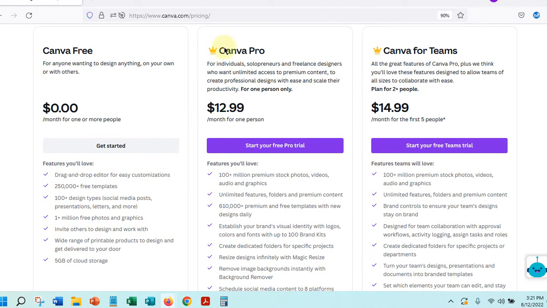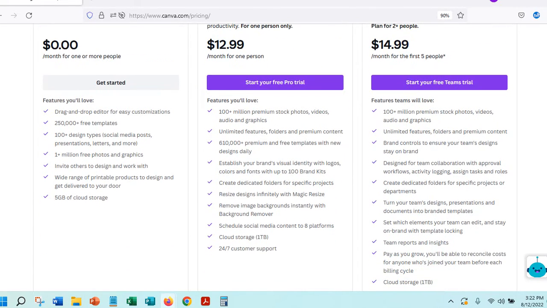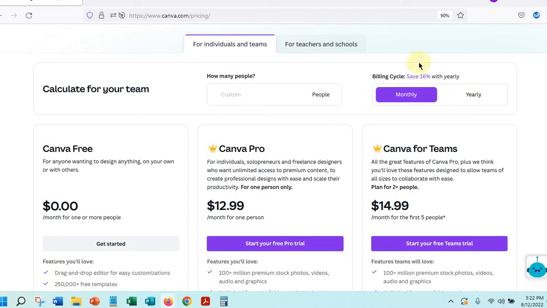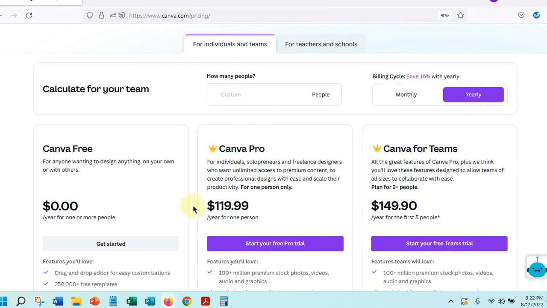Now, Canva Pro is for business owners. It's really geared more to business owners, individuals, solopreneurs, and freelance designers who want unlimited access to premium content to create professional designs with ease and scale their productivity. Now, this is for one person only, and when you pay on a monthly basis, you're going to be able to get this for $12.99 a month. If you decide to pay for it on an annual basis, you're going to save 16%, and the price is $119.99. So you pay that $119.99, and you don't have to worry about paying for your design tool for an